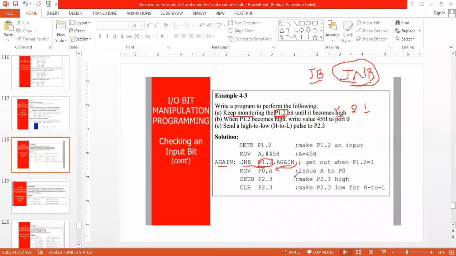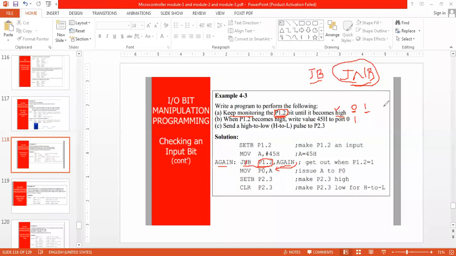Right? If it is 1, I am checking whether it is 1 or not. So what would I write here? JB, jump if bit is present.